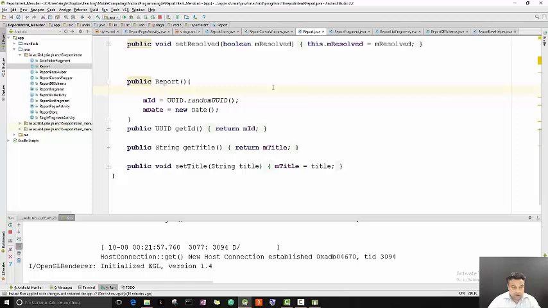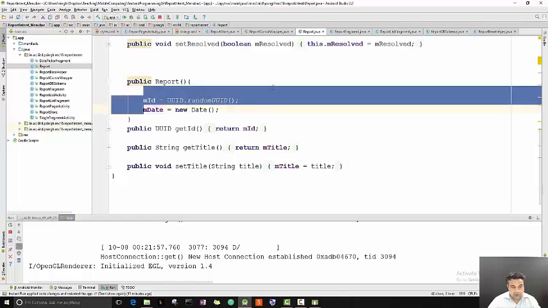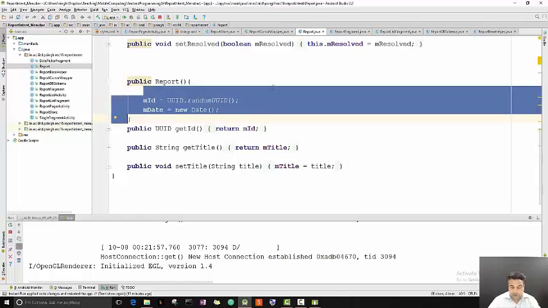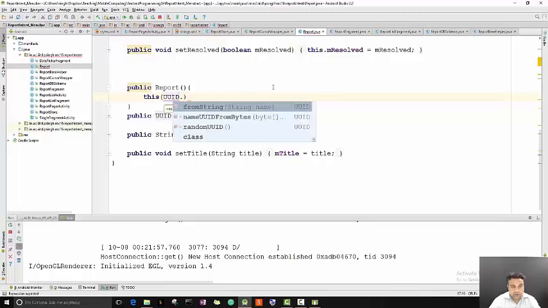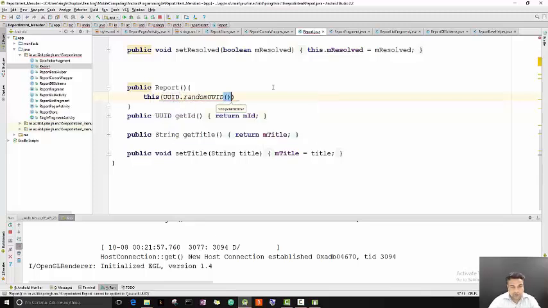So what we need to do now is to remove this, because now we are generating our report very differently, and we just say UUID.randomUUID,